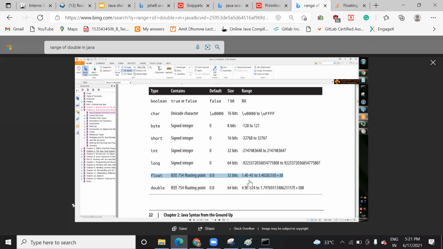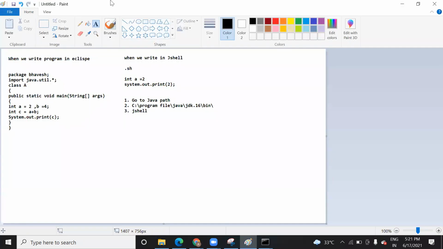Why is it? Because for a floating point value, the value may become either too small for the compiler to understand, or too large to handle, because there is some memory restriction, right? 32-bit means, do you know what is meant by that? 32-bit means you have 32 cells. Each cell is of 1 bit where you are holding the data. So if it becomes long, how are you going to save it? So in that case, we use this representation so that in the cell you can save it like this.